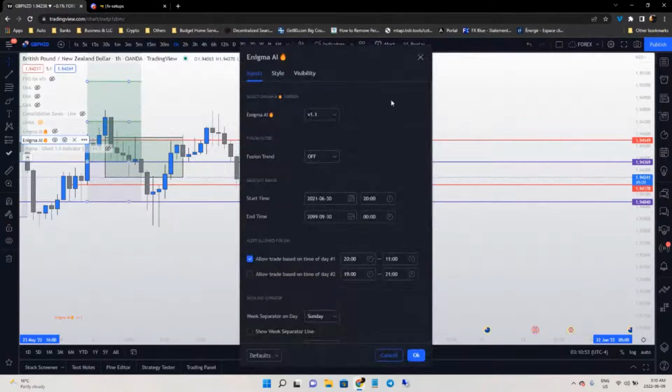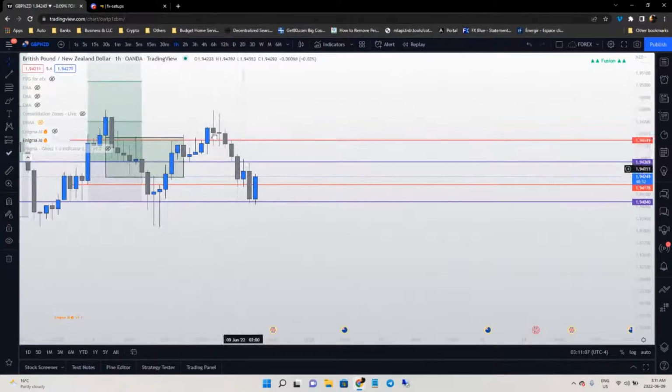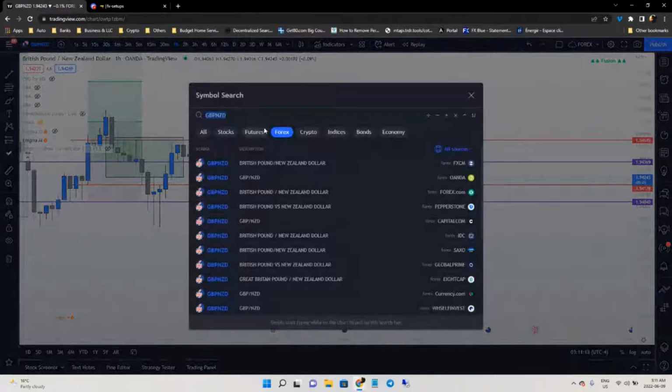Okay, so let's see, Fusion on. You see Fusion on, Fusion off. But yeah, I know that on this pair you're gonna see the setups here eventually. Okay, so let's look at